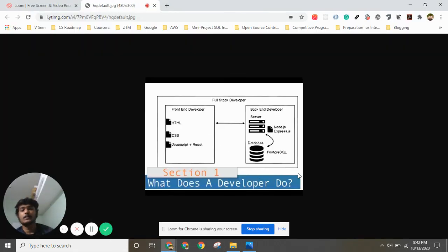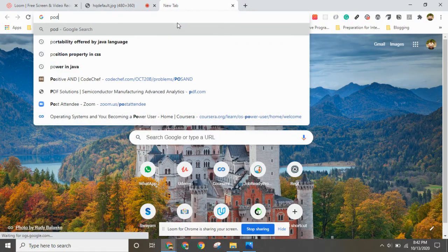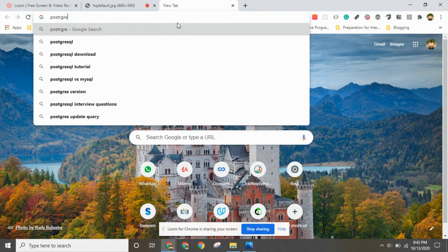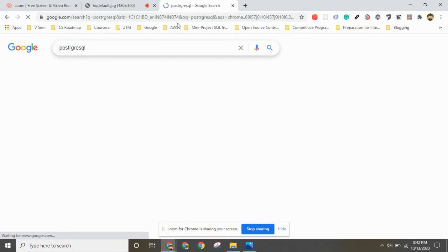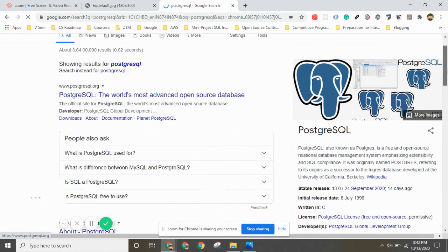And for the database, we learn PostgreSQL. PostgreSQL is a popular backend database used by developers around the world. Let's see. Most advanced open source database.